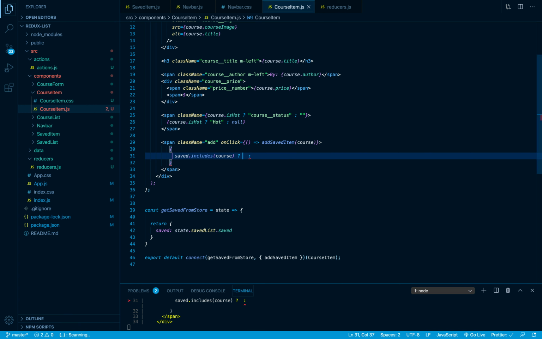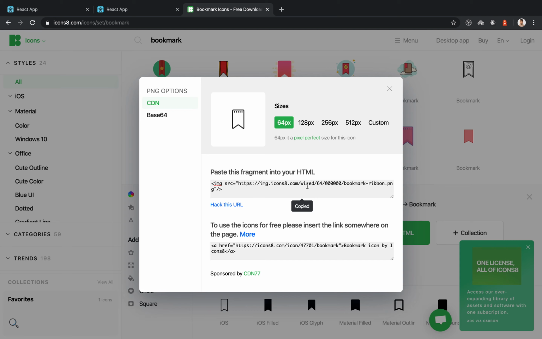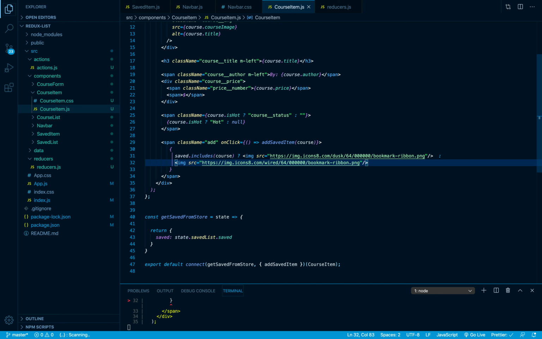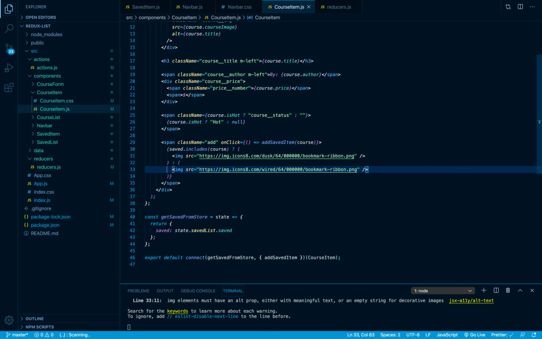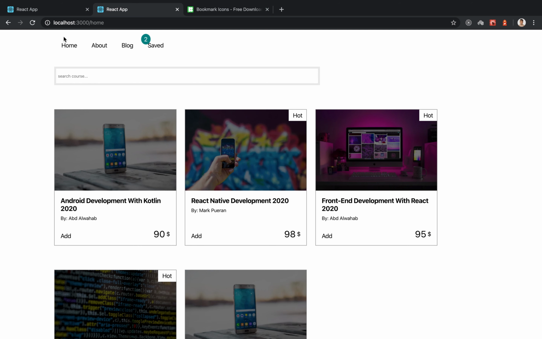if the item exists, I'm gonna paste this URL that I got from Icons8. Otherwise, if the item does not exist, we can add it. So I'm gonna get this icon, click on it, choose embed HTML, copy the tag, go back here, and paste it. Give it a save. If we go back to our application and give it a refresh, you can see the icons. We have this one and this one, but you can see the size is a bit